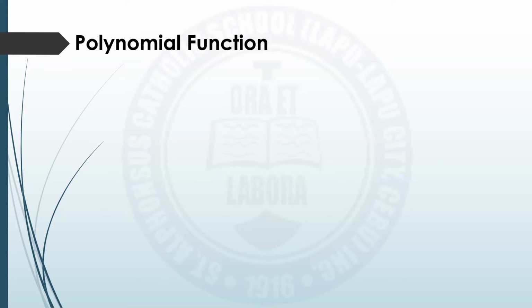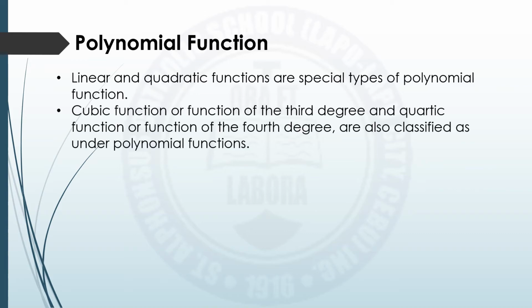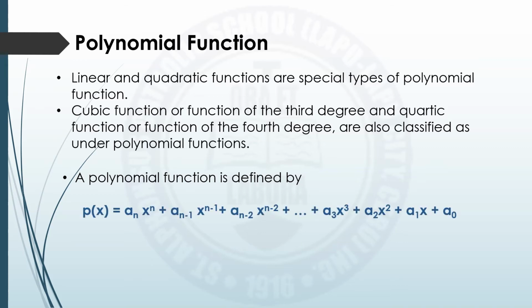So this time we will be talking about the polynomial function. Linear and quadratic functions are special types of polynomial function. Cubic functions are functions of the 3rd degree and quartic functions are functions of the 4th degree, which are also classified as polynomial functions. A polynomial function is defined by p of x is equal to a sub n x